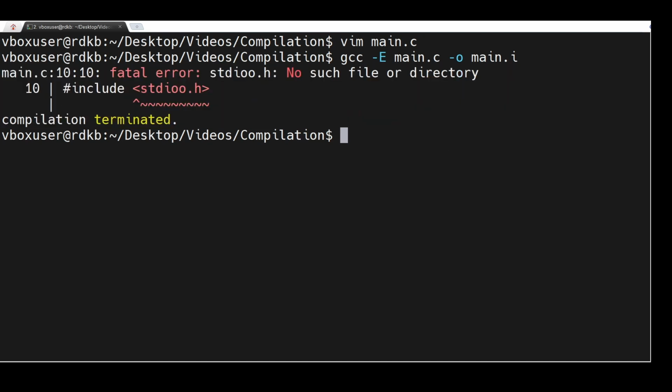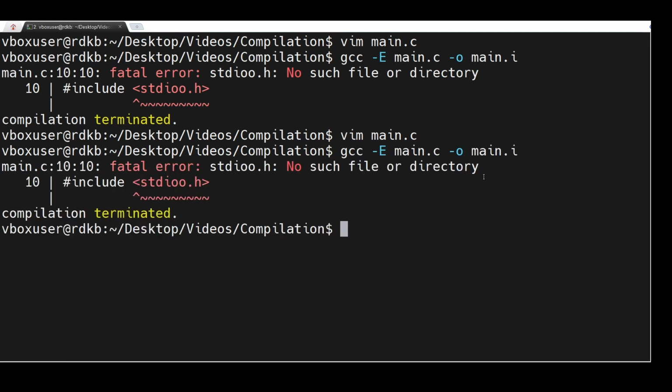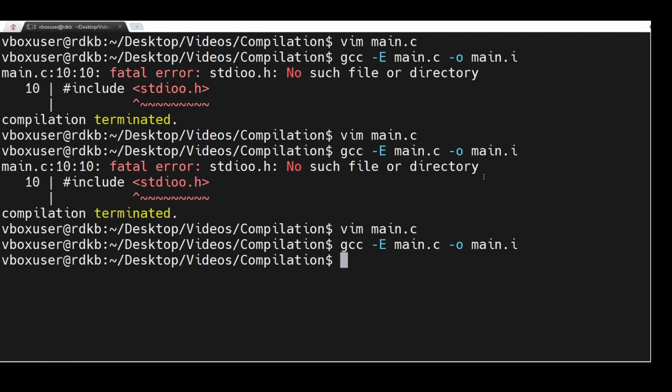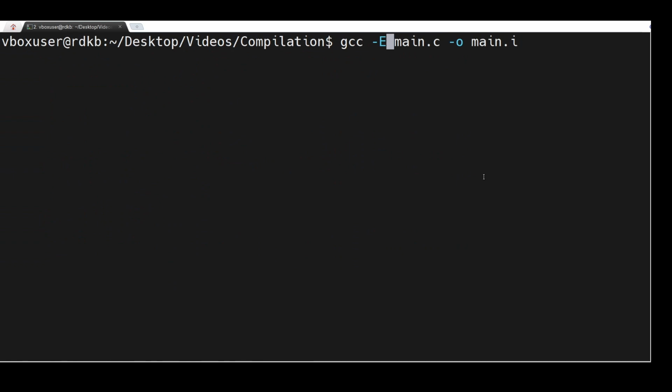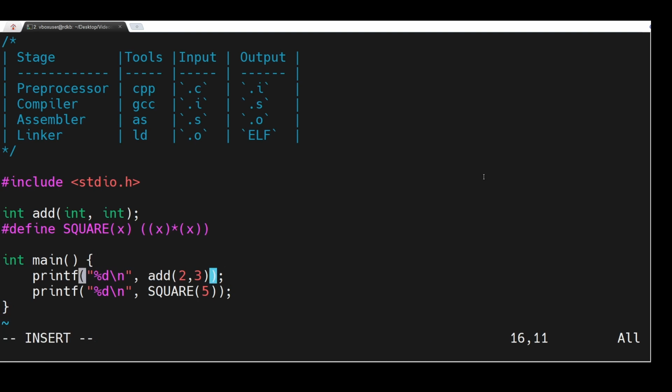So what if I get an error in the compilation stage? If we have some syntax error, let's remove this error. So this got passed, so this is not the error we have with the preprocessor stage. If I try gcc -S main.i -o main.s, here I get the issue in the compilation stage, which is showing me an implicit declaration of printf. So this is the second stage. We get to know that this thing is handled by the compiler stage. So if I remove this